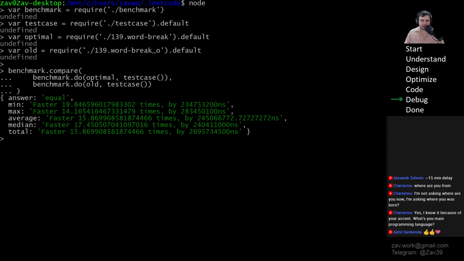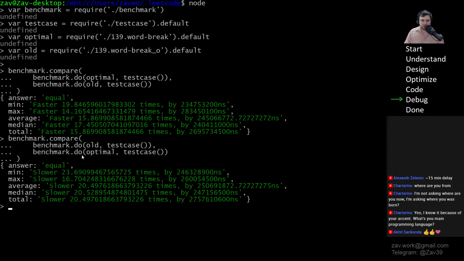Just to ensure that order doesn't matter here, let me run it one more time. So I change the order of them. First of them is the old one and the second one is the optimal one. The result will be different since every time the result can be different. That's fine. We can also increase the count of runs just to be sure, but it doesn't matter a lot. So we can see that the old one is slower by about 20 times, at maximum about 16 or 15, and on average about 20 times slower than